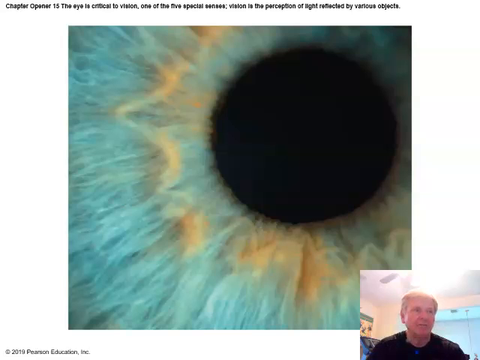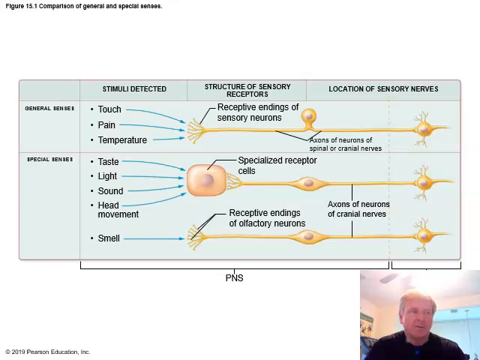Chapter 15, the special senses. So we're going to look at the special senses and general senses. Special senses, like you see in the figure at the bottom, in this first figure,